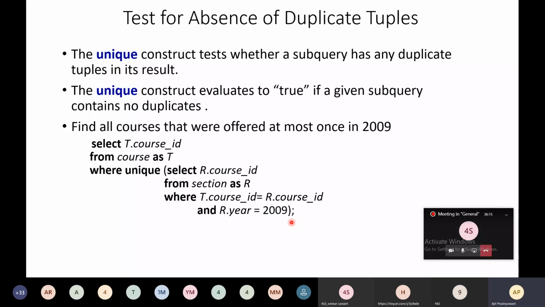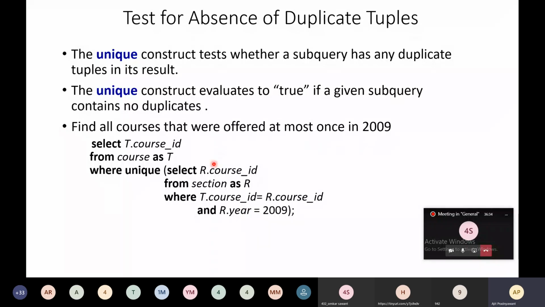So what will this query retrieve? It will retrieve the unique records from this subquery, that is, all the courses that were offered at most once in 2009.